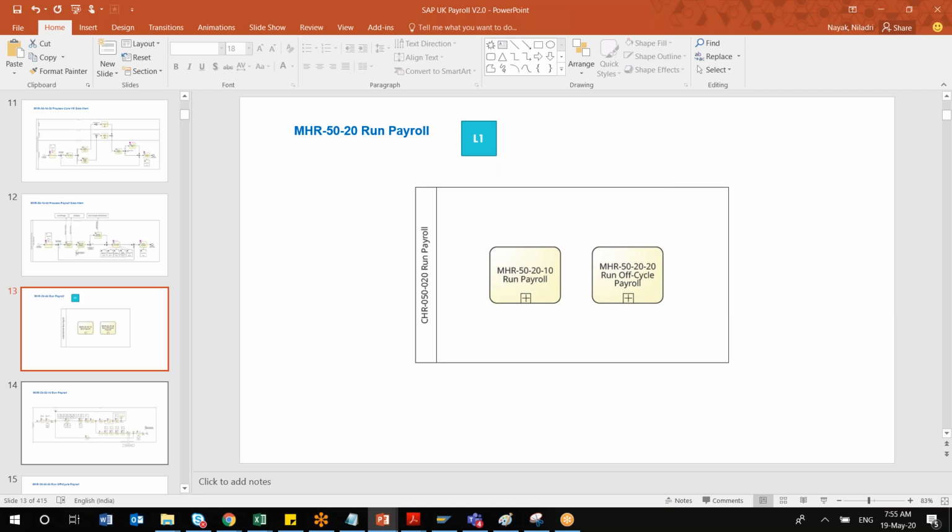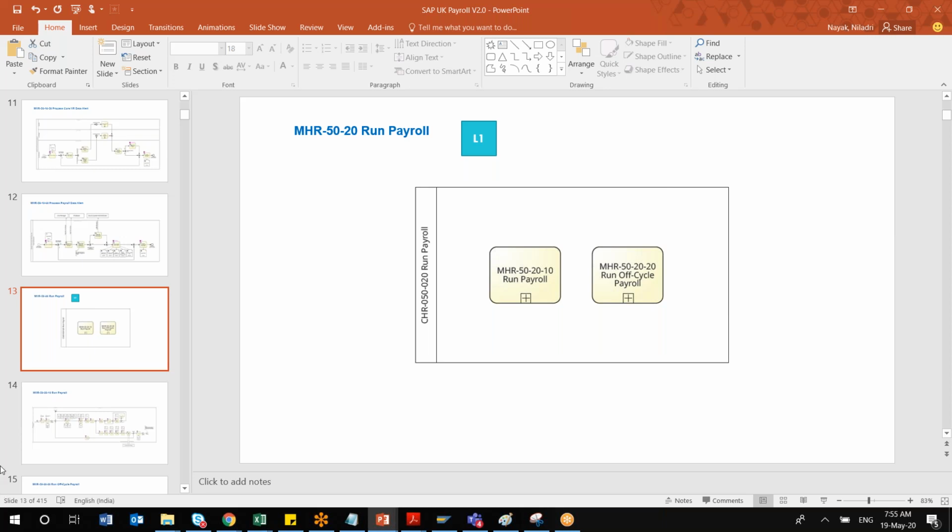Okay, salary is a salary advance. So immediately I can go to my system and I can run that. Okay, so a similar process is also available in your on-premise. You can do it as and when required. That we will be seeing in detail whenever we cover the off-cycle payroll run part.